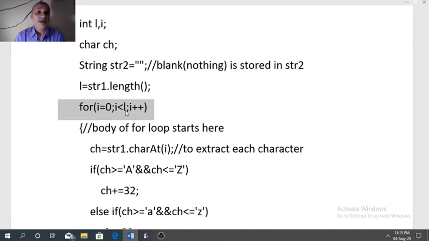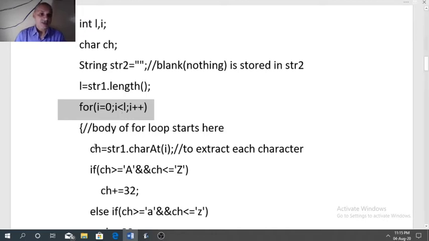Don't write equal to here, because the last character will be present at L minus 1 index, and I plus plus. So from 0 index to L minus 1 index, each index is incremented by 1. So by this loop, we will be able to extract the index of every character present in the string.